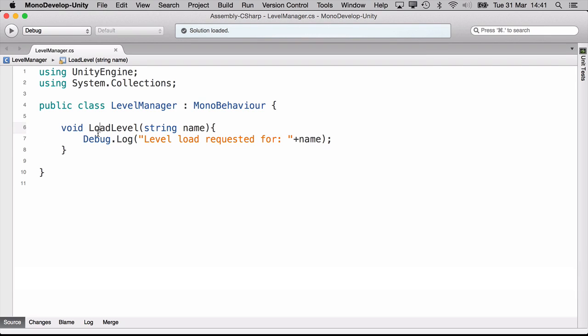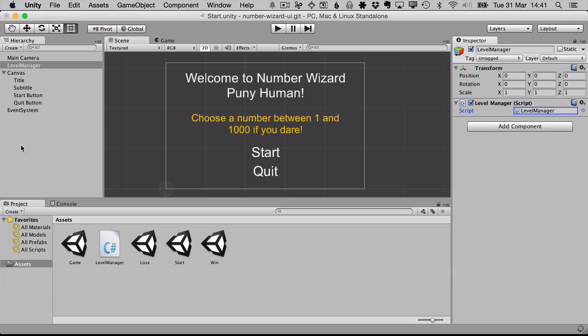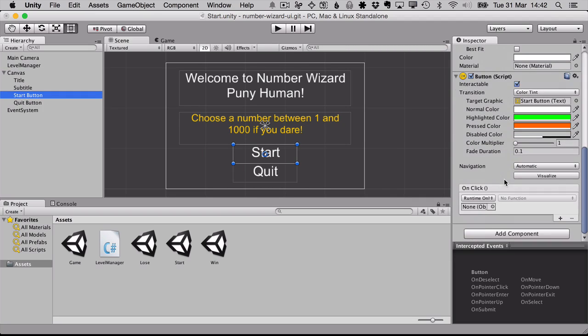And now if we go back into our Unity editor, we have this script attached to a level manager object, and now we can drag this level manager object into our start button. So we have a start button here. We grab the level manager object from our hierarchy, and we drop it into the slot that says None (Object). And now you'll see immediately that the function dropdown has become active. We can then click it,